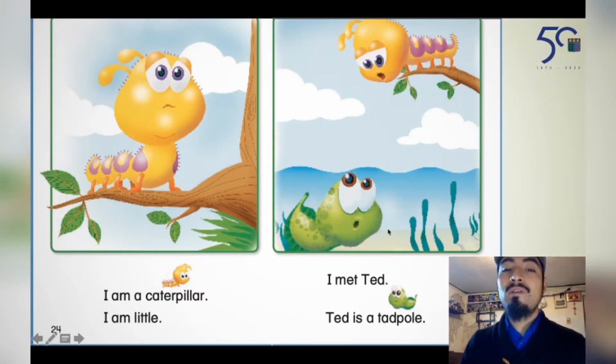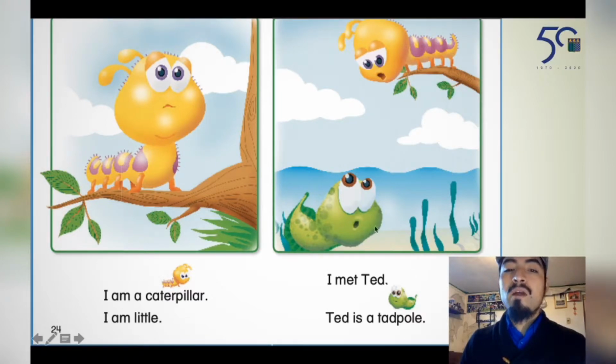Now let's focus on the tadpole. What color is it? I can see the color green, a light green, also a dark green. And it has some circles on the body. What about parts of the body? I can see orange legs here, the caterpillar's orange legs. Also, on the back of the caterpillar, some parts are purple.